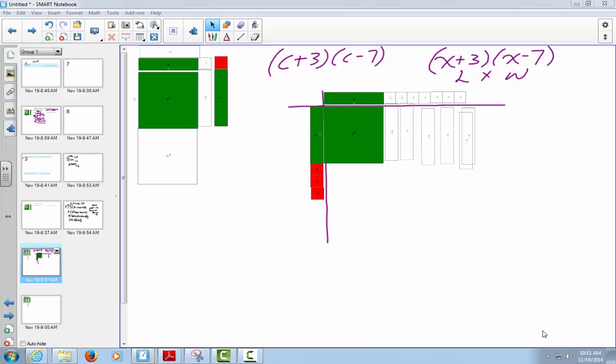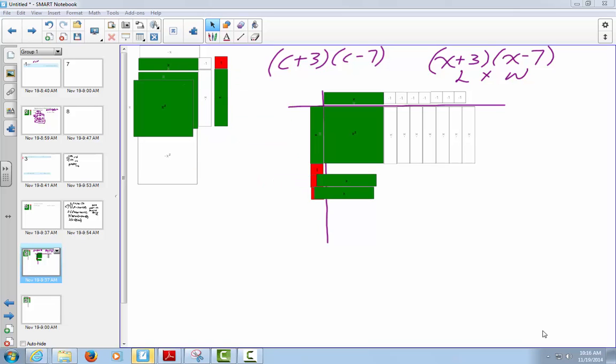And I've got to take some positives here, and put them along here. Whoa, I don't want an x squared, I want x, x, x. Move that in here,